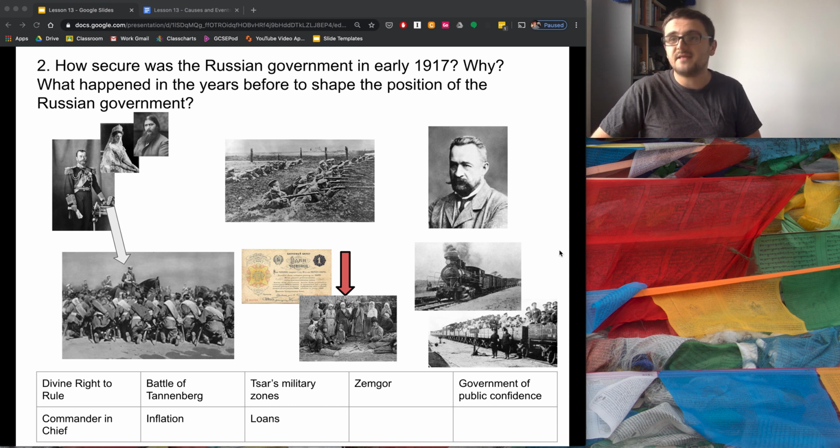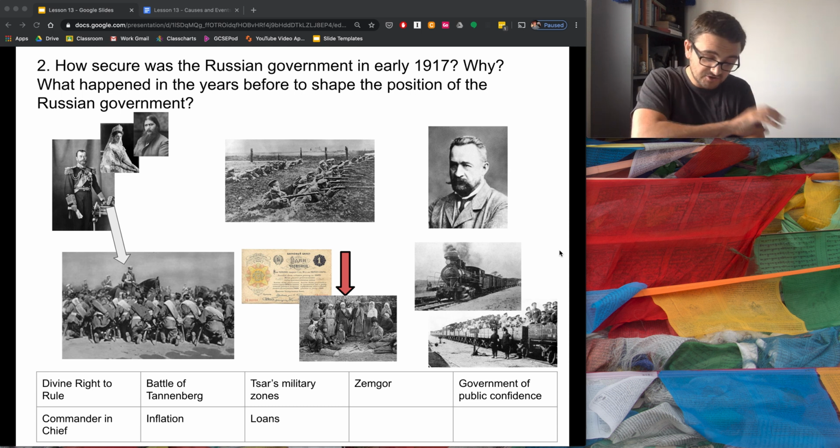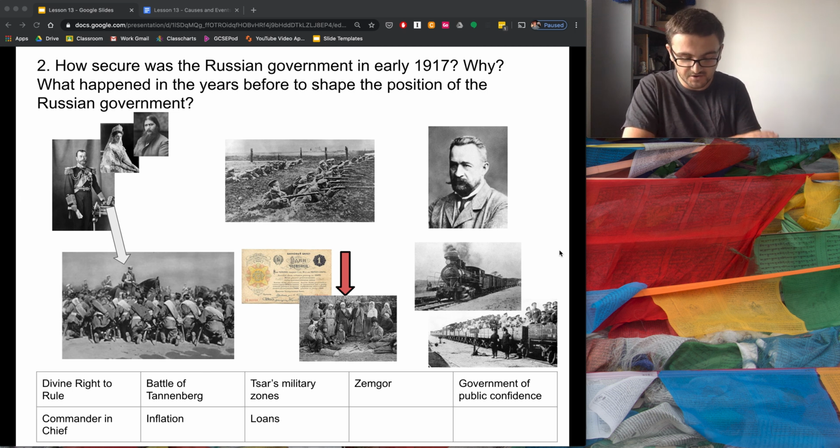So as you can see there are lots of reasons why, in early 1917, the Tsar is in an incredibly weak position. He's losing legitimacy. The soldiers are starting to desert the armies, start to walk away from the front because they've lost confidence in the leadership. The people, the peasants, have lost confidence because of the state of the economy and how difficult their lives are. And the opposition groups are getting more and more frustrated by the Tsar's repeated rejection to allow elements of democracy and civilian input in the government.